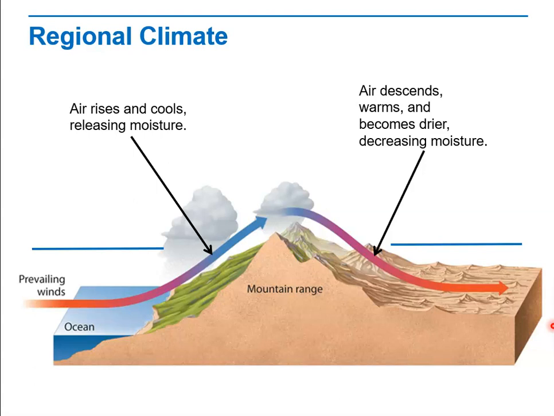Vermont, way off on the east coast, has a very different climate from eastern Washington and from Montana, because those winds have traveled over the entire continent, and they're no longer carrying that moisture from the Pacific Ocean. So Vermont's climate is affected by different forces than these states in the West.